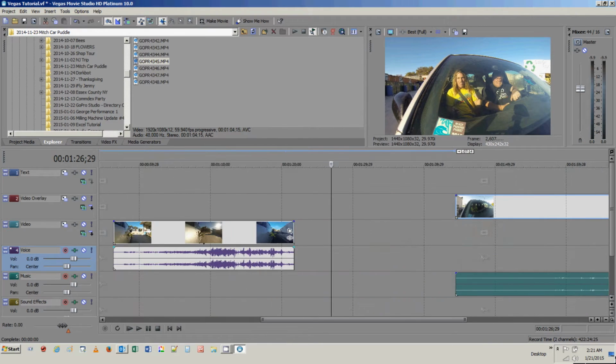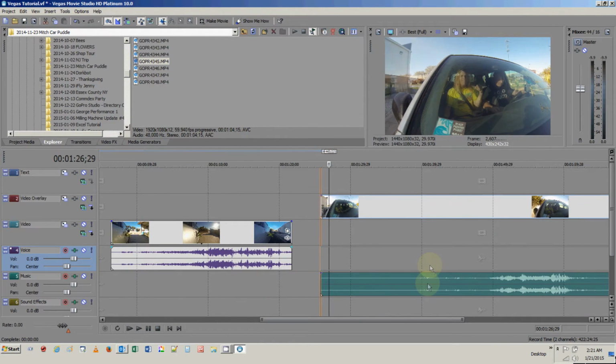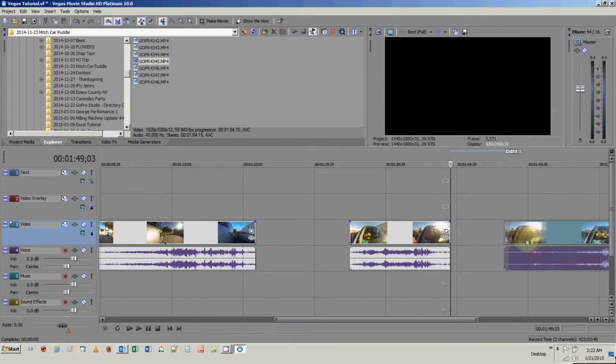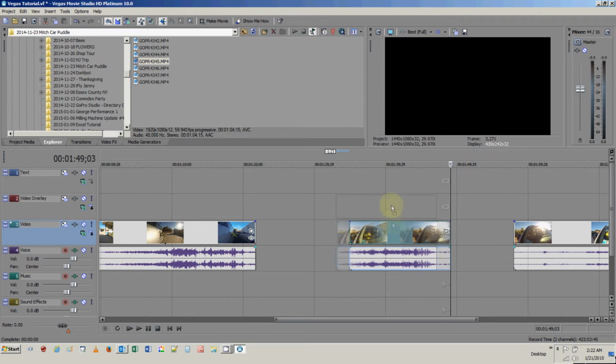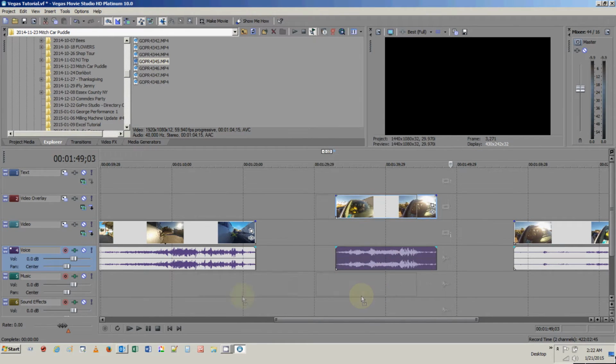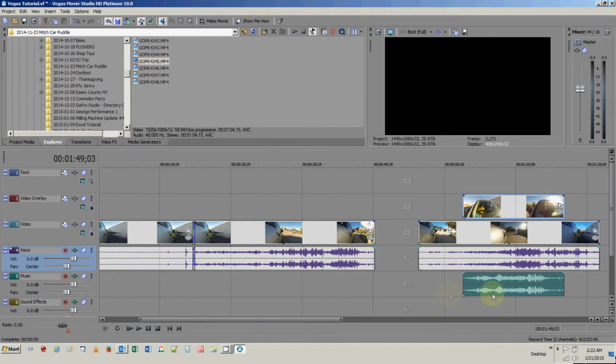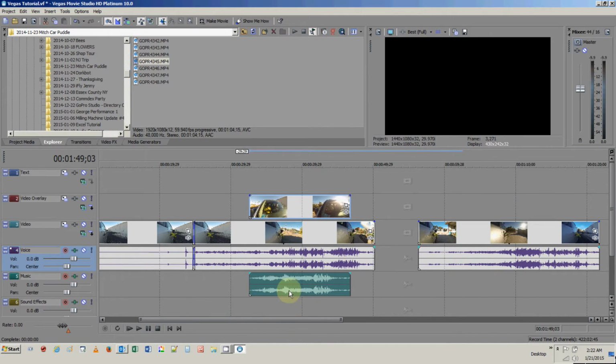But for right now, I'm going to move this out of the way, just move it up into this slot, and then pick out the sections that I want. And now I'll come back to the rest of this later. So I'm going to move this back out of the way and slide it over here, and then I'll figure out where I want to put it. So you can see that right here the engine noise kind of lines up. So this was probably taken at the same location, same time.